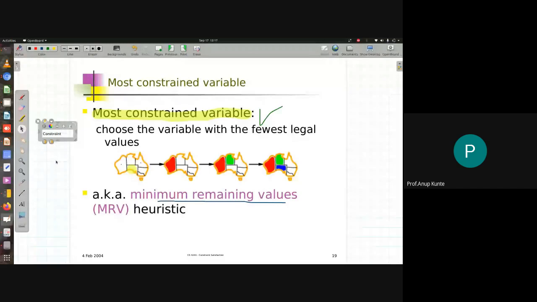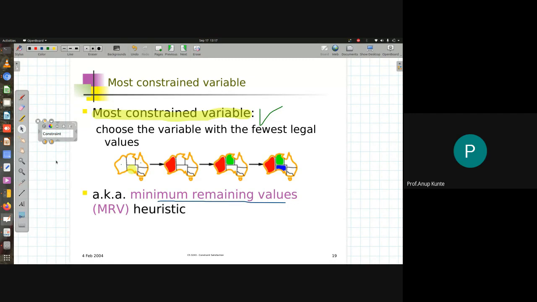What is the participation of each variable in the constraint graph? So looking at the constraint graph, we can quickly identify such variables that may give us some idea about exploring the state space in a much better manner. And the better manner here is, as I go down in the state space search, I'm going to navigate lesser and lesser size subtrees. That is what I explained 2 minutes back.